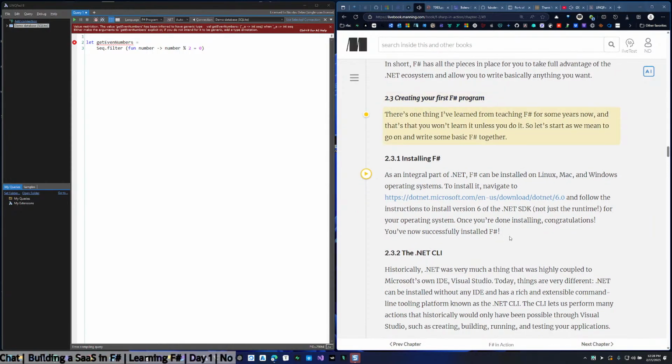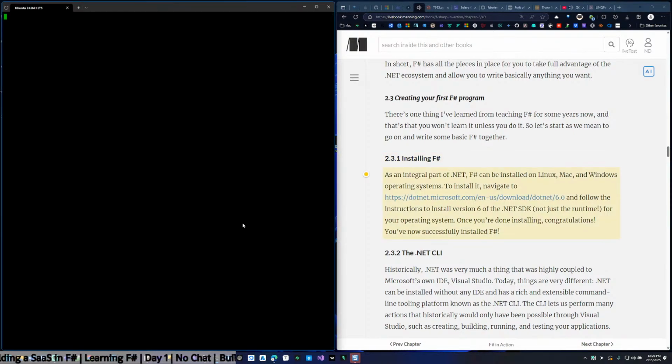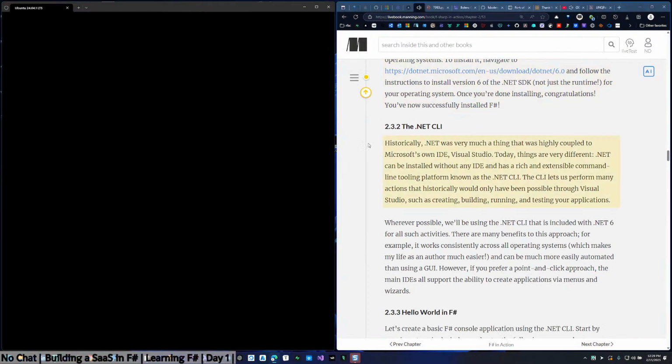There's one thing I've learned from teaching F# for some years now, and that's that you won't learn it unless you do it. So let's start as we mean to go on and write some basic F# together. Section 2.3.1, Installing F#. As an integral part of .NET, F# can be installed. Historically, .NET was very much a thing